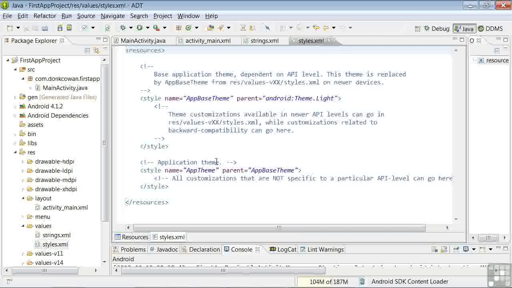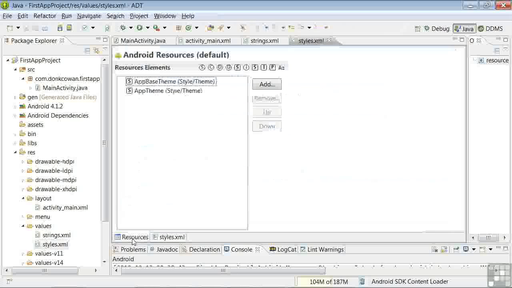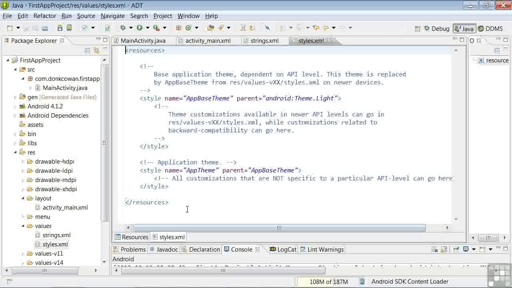And there are also two ways to look at styles, including the form method we looked at for strings. But we'll focus on raw styles XML. And the wizard has set up two style tags for us, one for the base theme and another for the app theme. The base theme, it's being called app base theme, is indicated by the text here, is using the Android theme Lite. And this base is replaced by more up-to-date themes if the mobile device is running on a